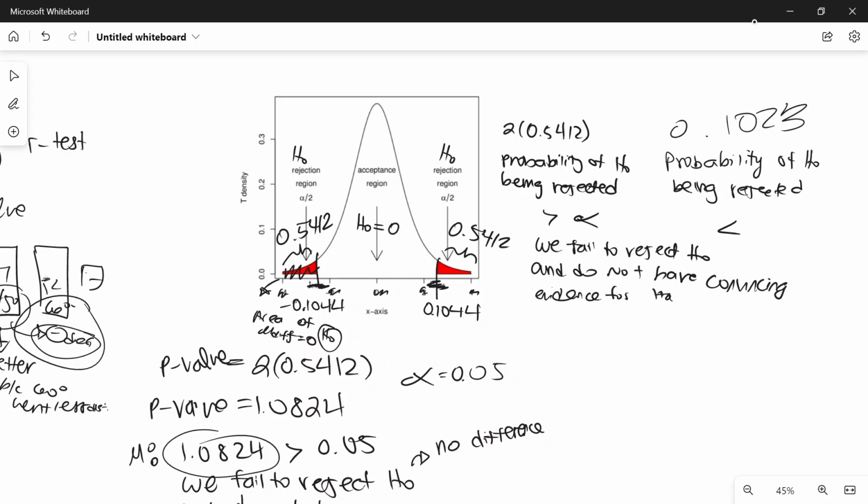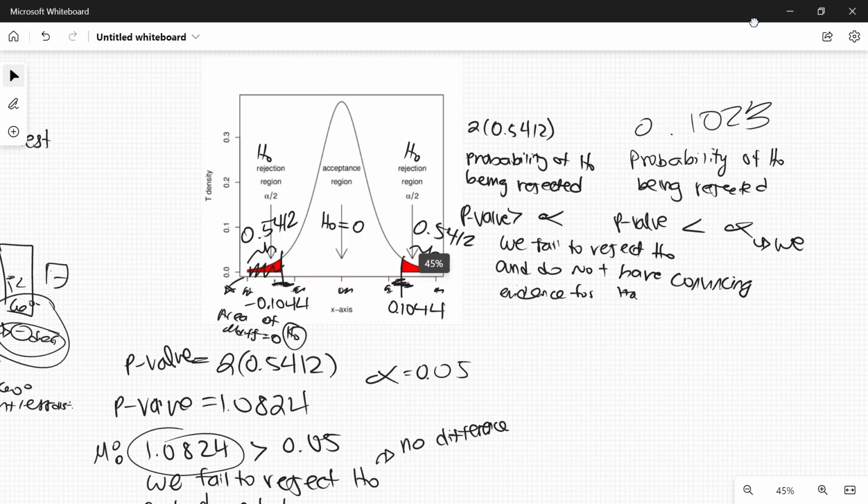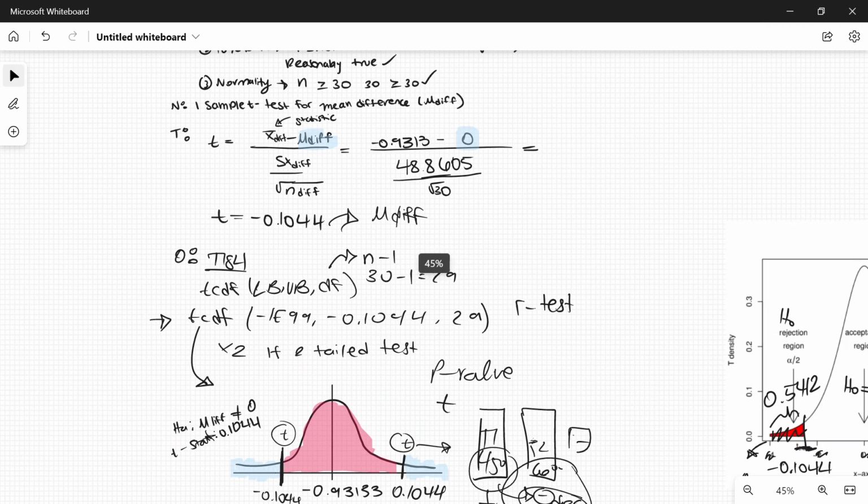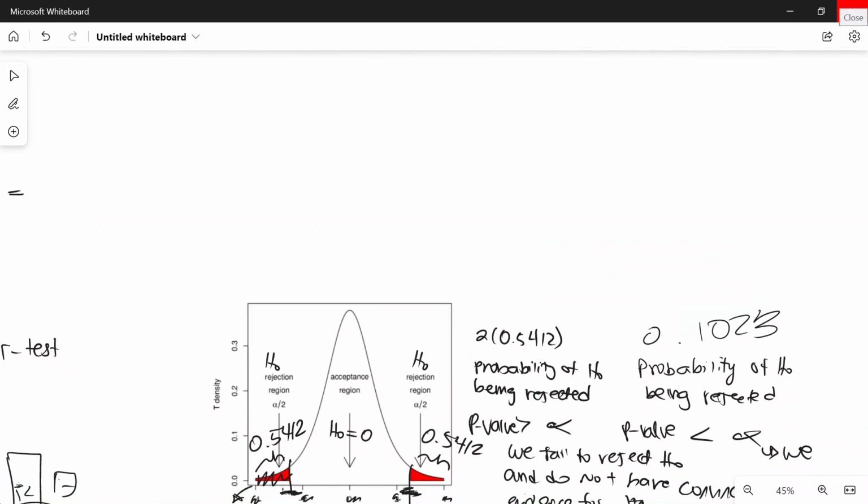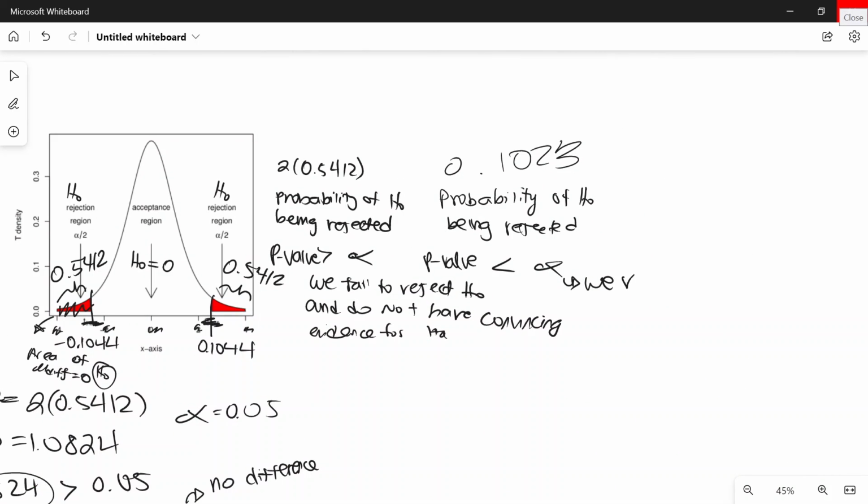But because it's less than alpha, this p-value, because it's less than alpha, in this case, we do reject, right? What happened? We reject H0 and do have